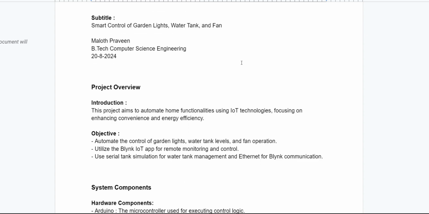And to begin with, let me provide an overview of the project. The main goal of this project is to automate various home functionalities using IoT technologies. The focus is on controlling garden lights, managing the water tank, and operating a fan, all based on real-time environmental